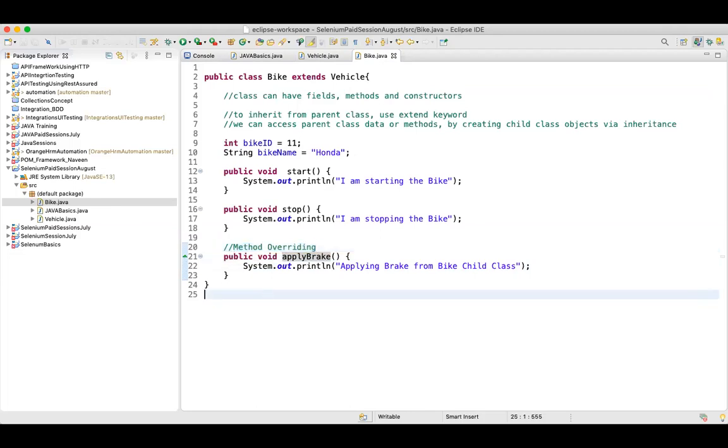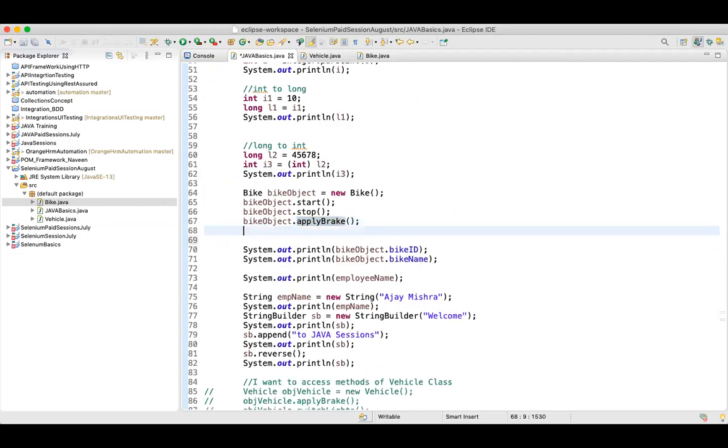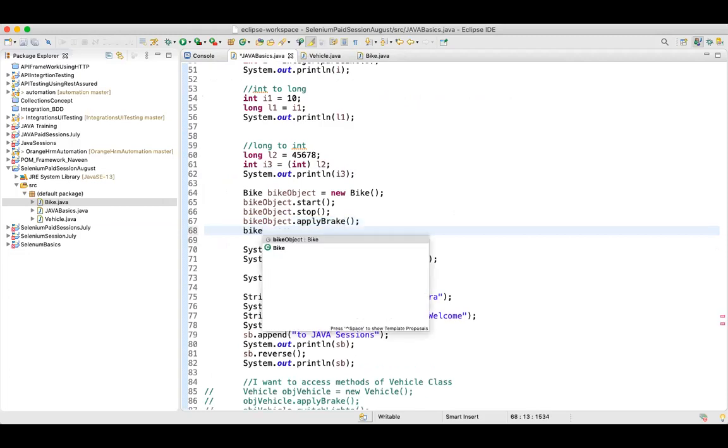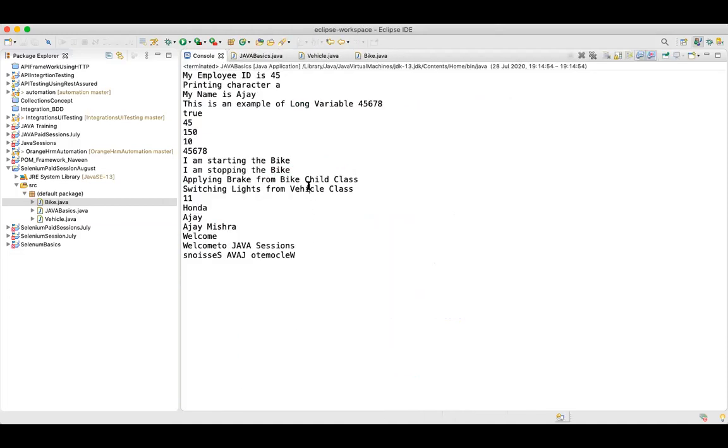Okay, guys, clear? So in this vehicle class, one method is being overridden by your child class and the other method is not overridden by your child class. All right, so now if I run the switch light method, I'll say bike object dot switch light, then since this method is not present in your child class, it will be executed from your parent class. Okay, switching light from the vehicle class.